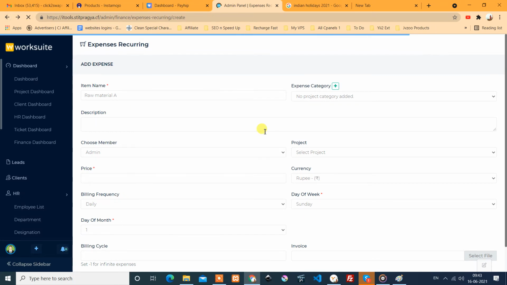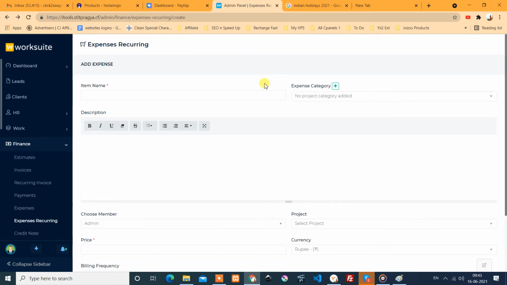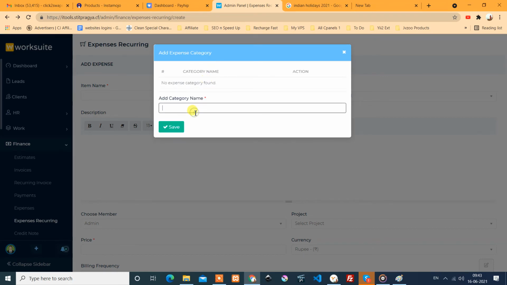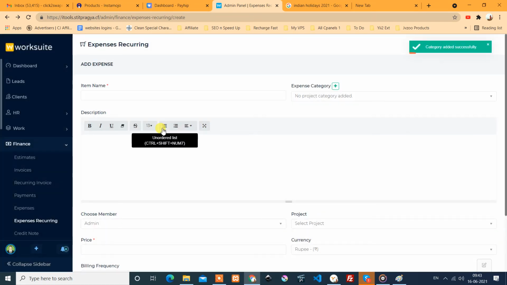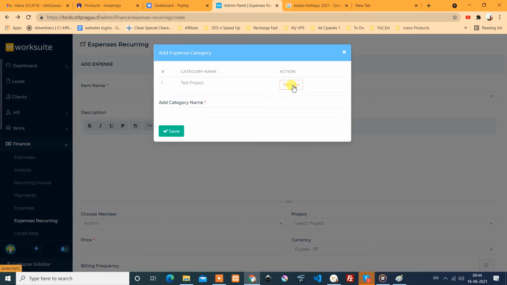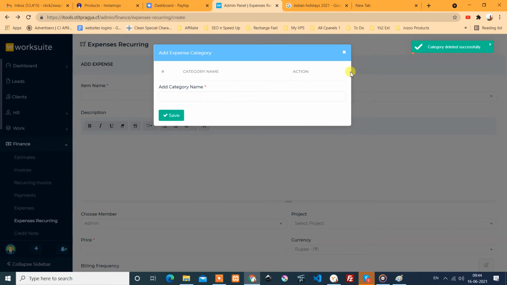Okay, something went wrong. I hit the save. Okay, it is added successfully. Test project expense category it is. Oh, it was the expense category. Unfortunately, I added the wrong one, so I removed it, and I added expense category.